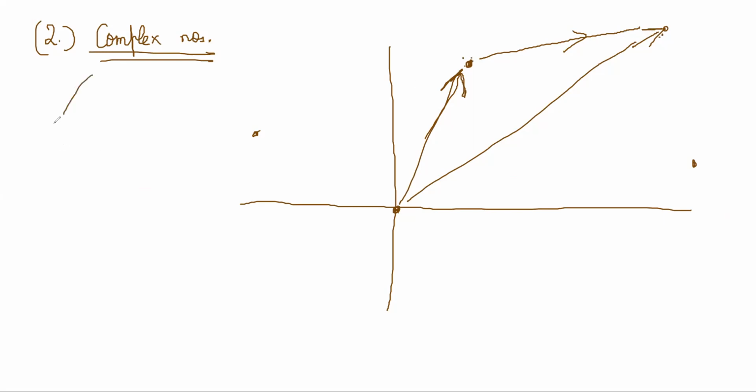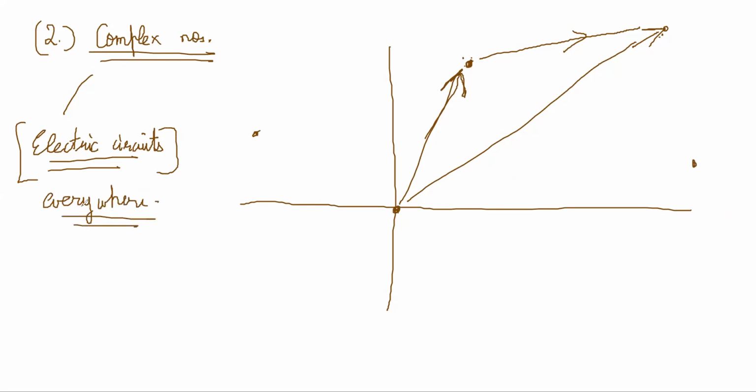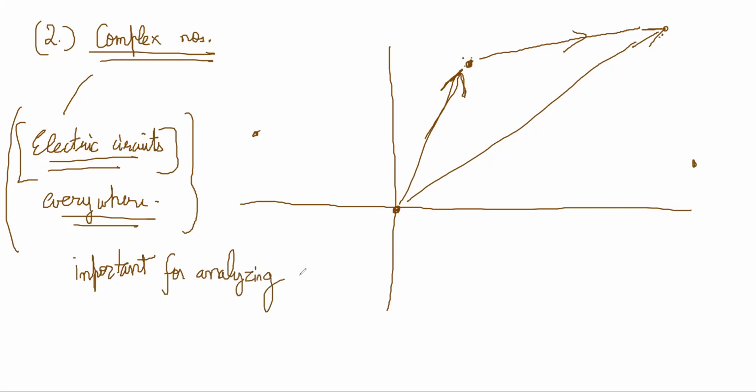Yeah. And also in electric circuits, and some applications in physics, complex numbers are everywhere. If you don't have complex numbers, we would not have the circuits that you have in your house today, because the maths of complex numbers was important to understand the behavior of many of the basic circuits that you see in your home. Important for analyzing circuit behavior. So that is a real world application. That is why you need to know what complex numbers are.